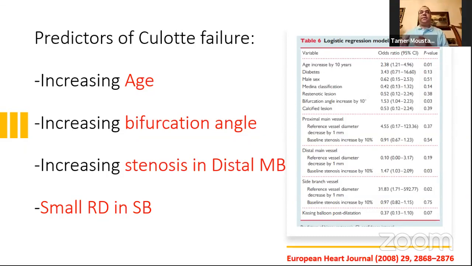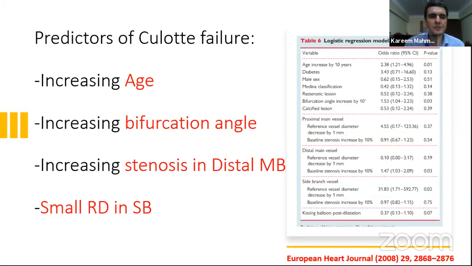Dr. Karim, do you think that an IVUS will help you in this situation or not? Of course, IVUS is helpful in every bifurcation situation. The IVUS will help as preparation for the bifurcation lesion, knowing the extent of the lesion, the reference diameter, and the normal reference area in the main branch and the side branch.